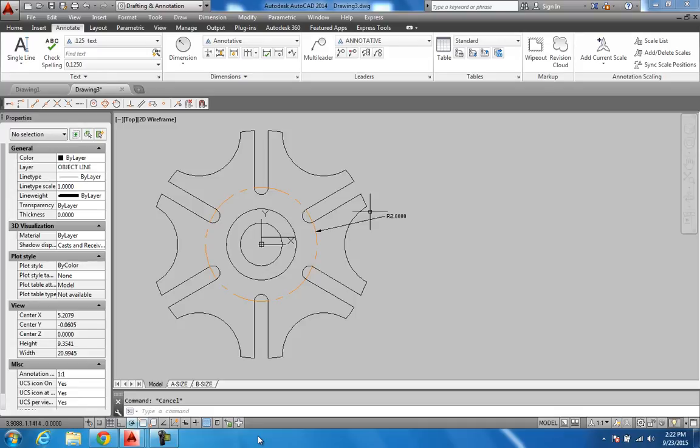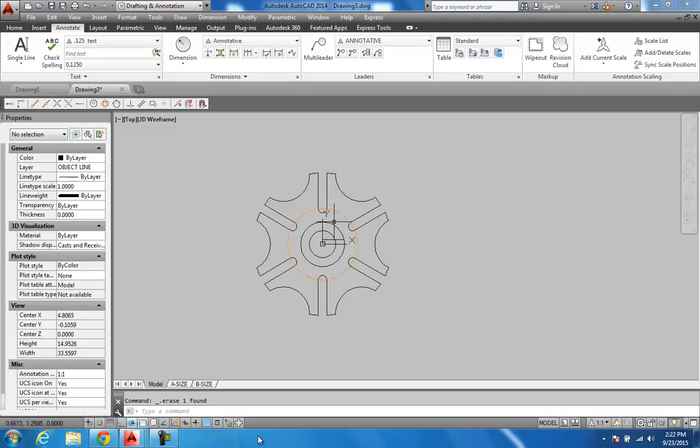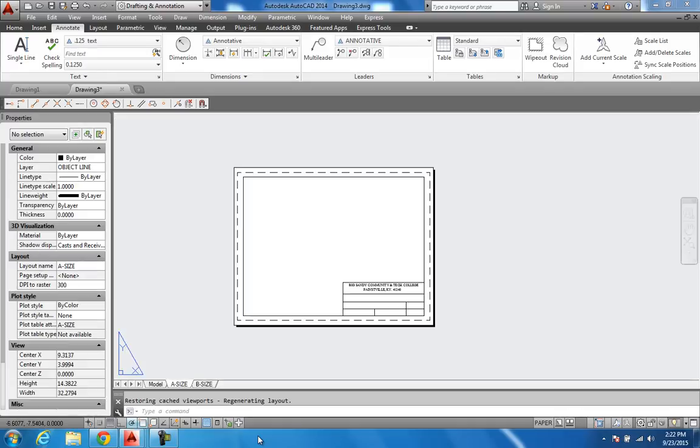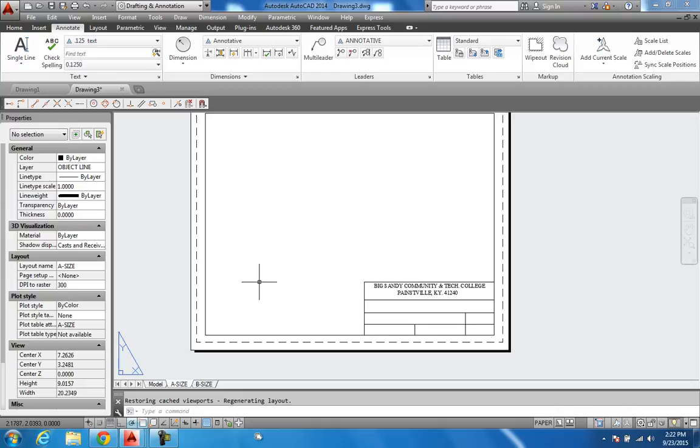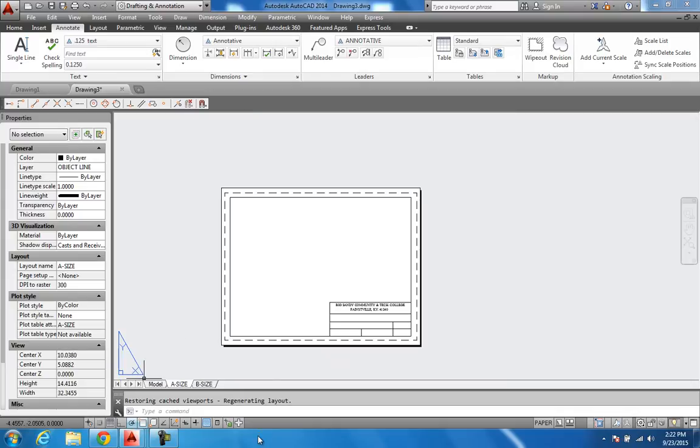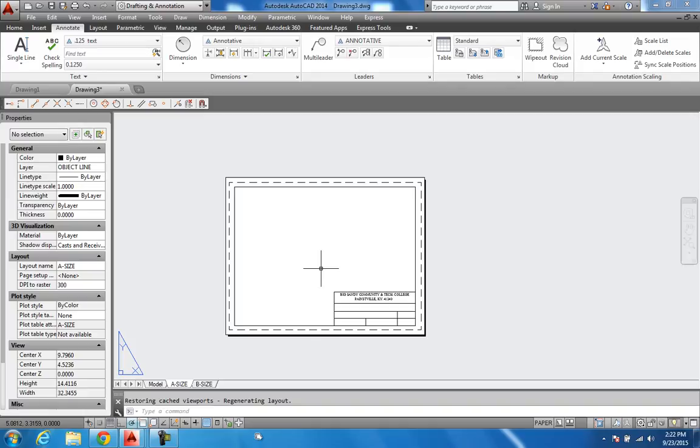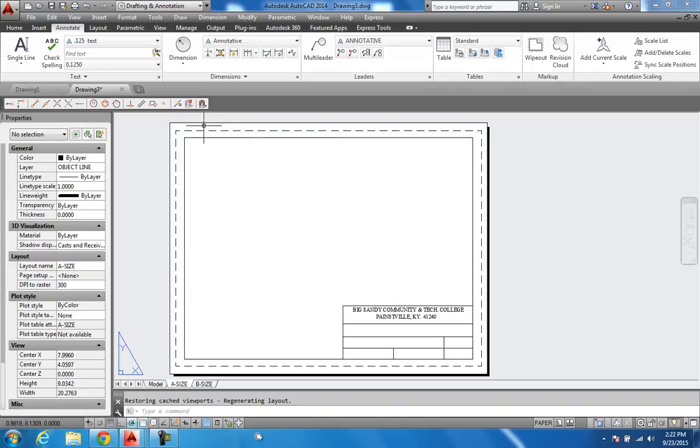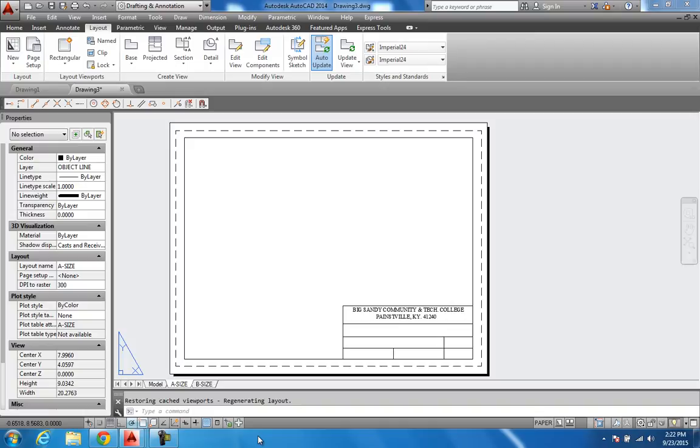the crazy thing is I want to go in here and I want this to be a half scale. Now what determines the scale that you use on the piece of paper? Let's say I want to put this on an A-size piece of paper. You come over here and I want to transfer that model onto my piece of paper. Well, you don't copy and paste or anything like that. It's already there. You come up to layout, the little tool right there, and you come down here and there is a layout viewports. Basically all you have to do is